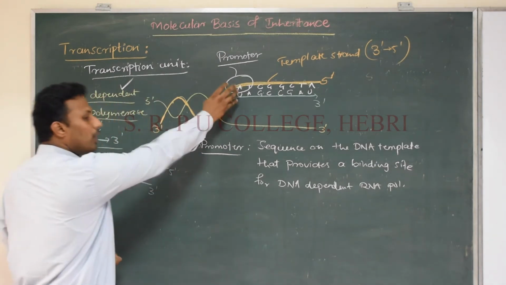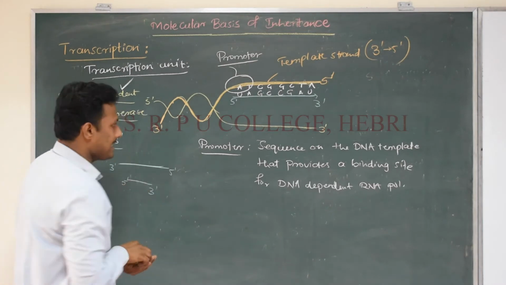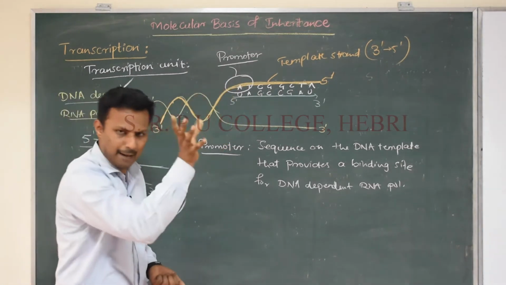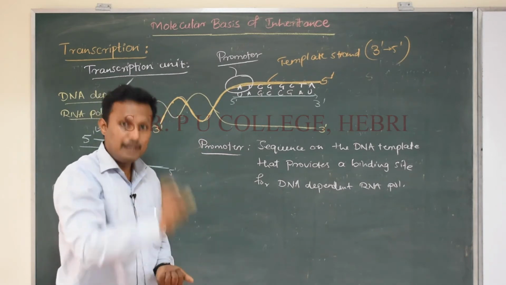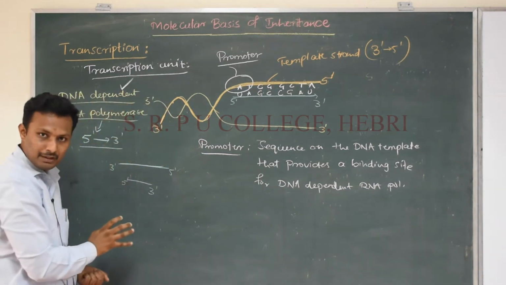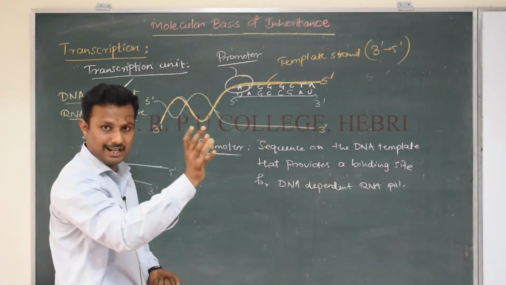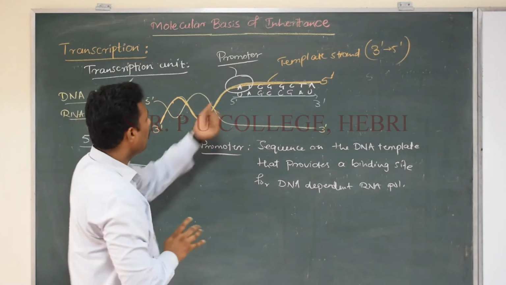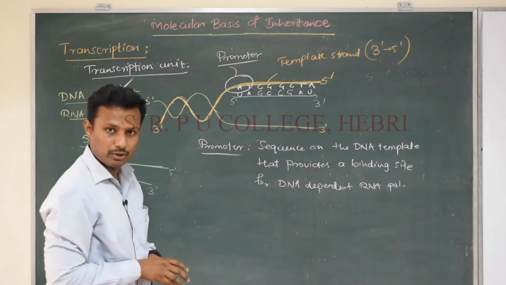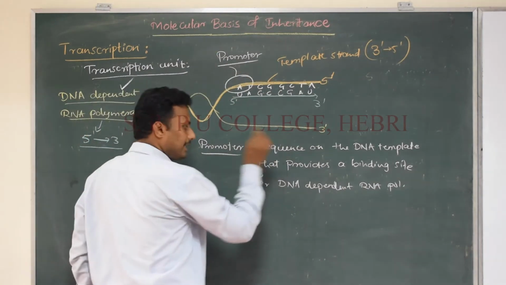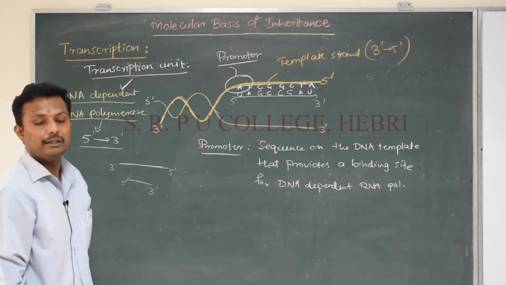So I hope you are getting an idea what a promoter sequence is. A promoter sequence is a specific sequence which can be identified by a particular enzyme, and the enzyme will go and bind to that sequence. The sequence present on the template is called the promoter. So the promoter is the sequence on the DNA template that provides a binding site for the DNA dependent RNA polymerase